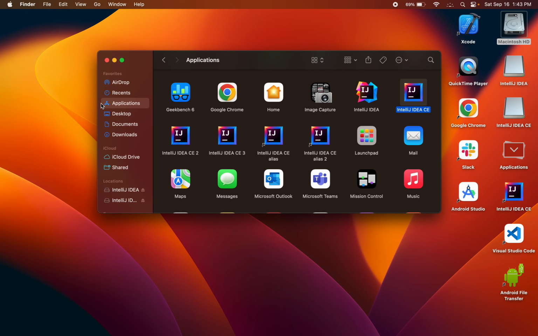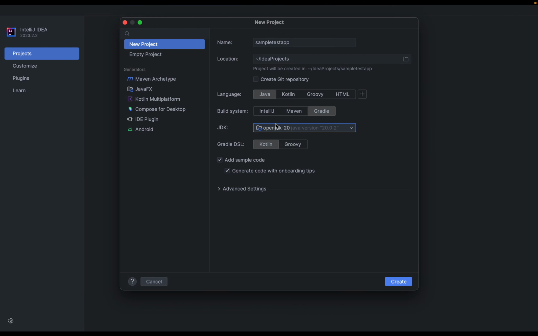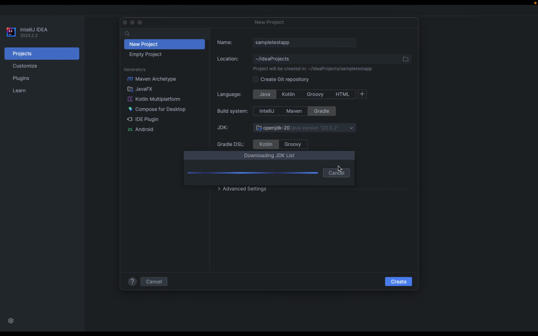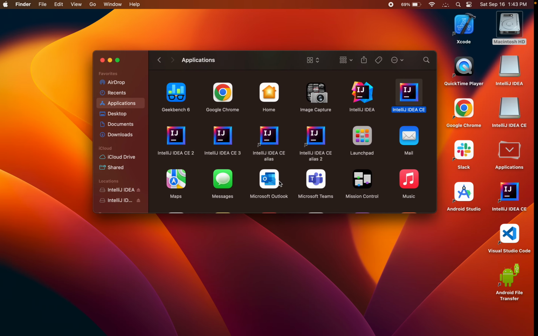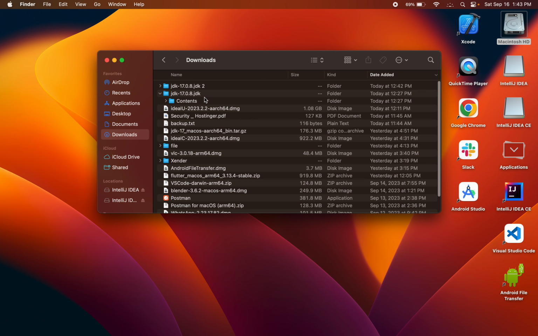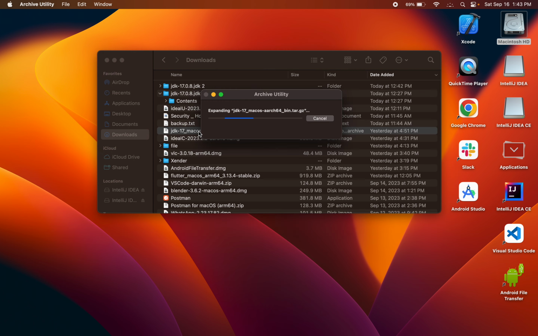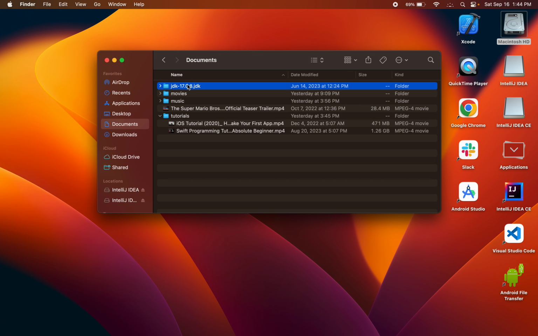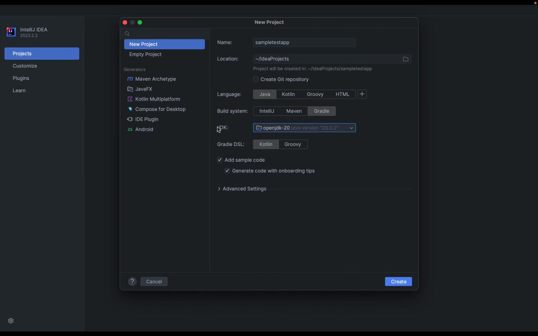I have downloaded the previous JDK, so either you download the JDK from here, which I've done here, or you download the JDK separately. You will see it in your download folder. Once you double click on it, it creates the folders where you have your JDK, and then you move this to the specified directory that you want. So currently I have my JDK